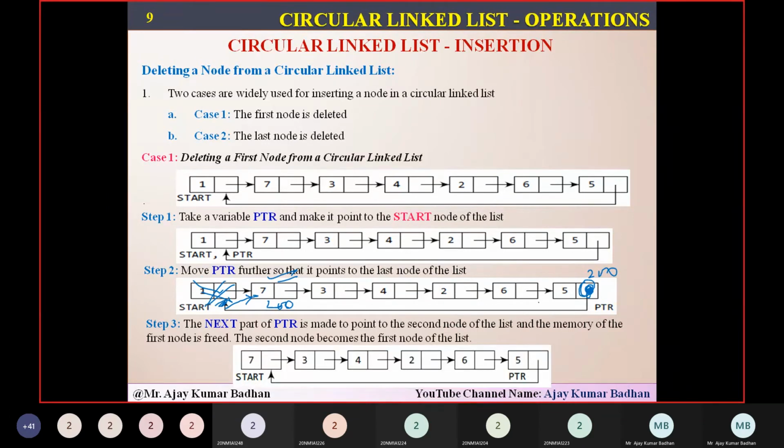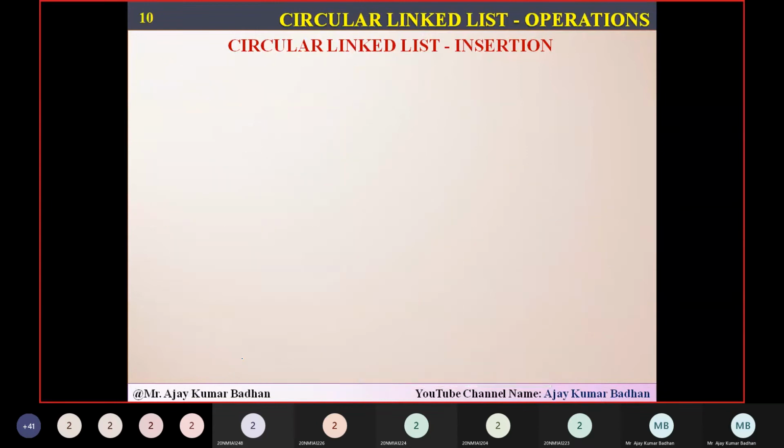See, pointer next. Now this time, if you see this particular video here, the pointer next is pointing to this particular node, this one. And this is the second node. So what is the address we have? We might be having an address something like 200. That 200 we are storing here. So automatically it is performing it. Actually, deletion is much easier.